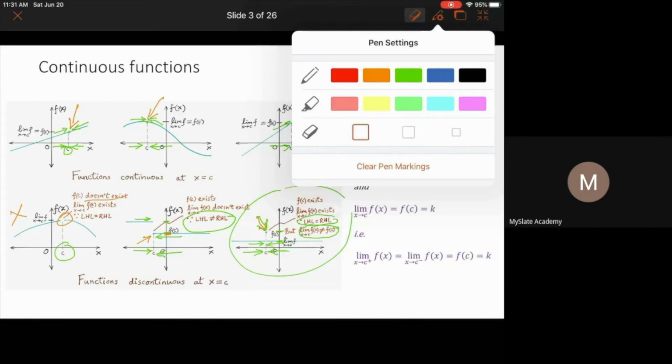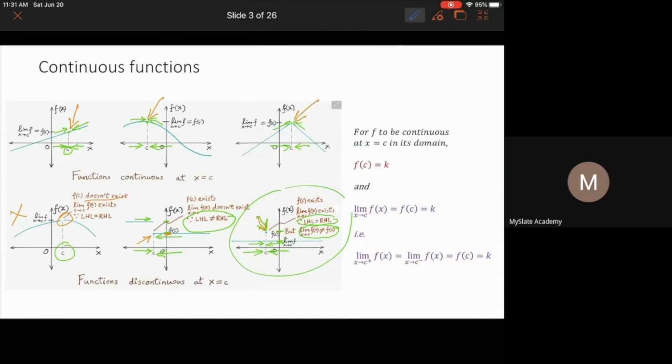So I hope this part is clear. The first condition is simple. The function has to be defined at x equal to c. We are testing its continuity at x equal to c, so it should be defined, which means c should be part of its domain. Which basically means that the function should take a unique value at x equal to c. That's the first condition. The second condition is that as you approach c, if you think of values of x very close to c, that's what we write as the limit of